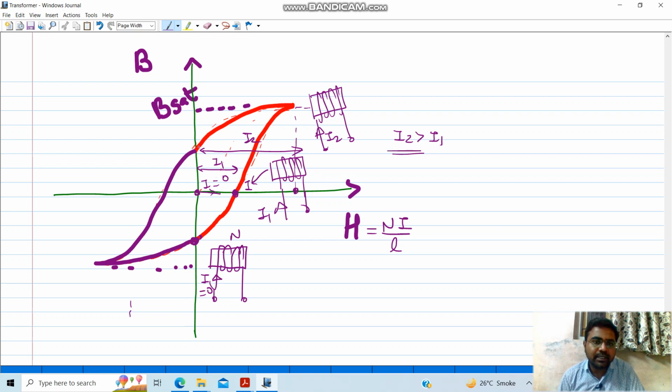Now if you start applying current in the reverse direction from this point, while you reduce the current again, the magnetic material will follow this path, and at this particular point your current will be 0 again. Now if you continue to apply the current in the reverse direction, for example over here, your current will become reverse now. This is I1. So it will